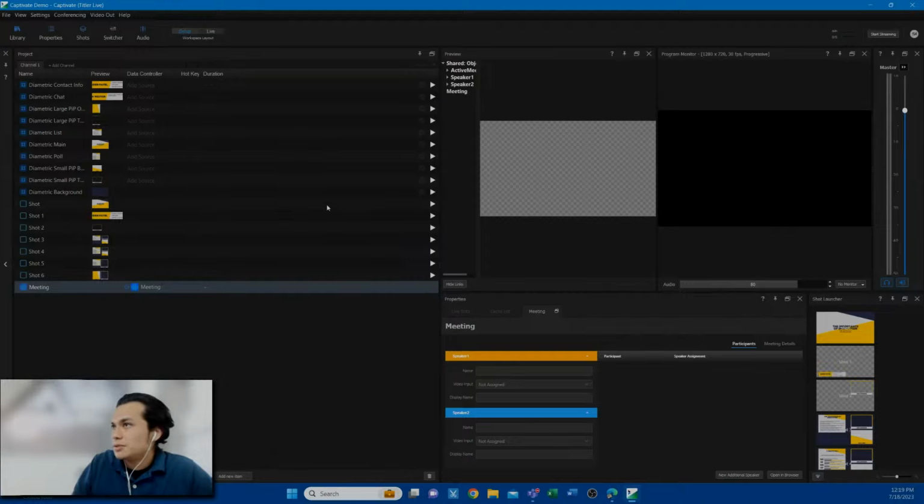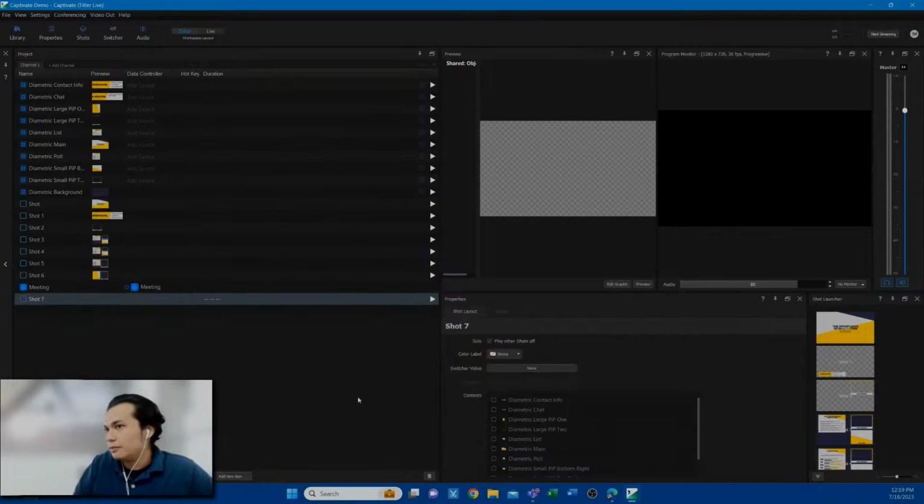Now, when we want to show a variety of different graphics all at once, previously we had to make sure that there was a way these could all come on air, and that can be relatively tedious for an operator. Making sure you're clicking 5 different things at 5 different moments, you might miss something, or you might, in fact, miss critical timing. So with shot layouts, what we can do is we can add a new item, create a shot